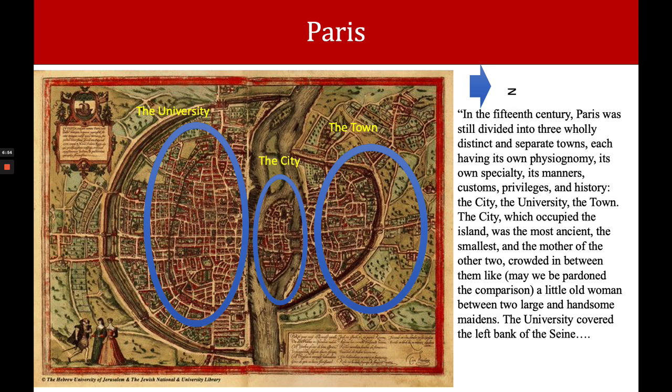I want to take a look a little bit at Paris as this epicenter. Paris during the 19th century is what I would call a glorious contradiction. It was a symbol of both the past and the future. It was a symbol of art and culture, of extreme political changes of the 18th and 19th centuries. It was where artists such as David and Ingres became the leading voices of their art worlds. It was also where the French people rose up against their king, who was a symbol of their heritage. Paris in the 19th century had one foot in the past and one foot in the future as they were grappling with these changing modern ideals.